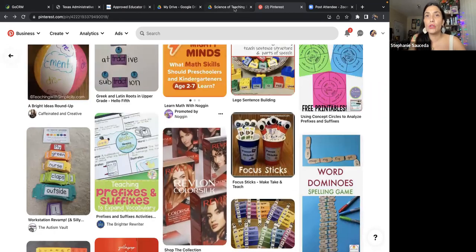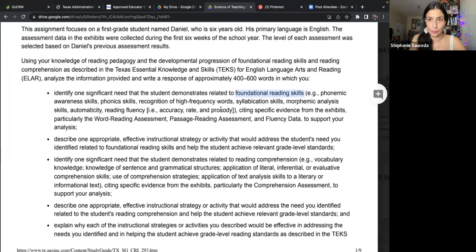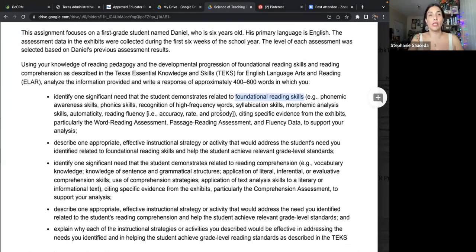So when you're preparing for this, I've told other students that, and I'm just going to draw on here, but it's going to be kind of ugly because this is not a whiteboard. But when you're preparing, because you should prepare for this before you take your exam, so that you don't have to sit there and think, what can I think of for morphemic analysis skills? Like if they can't figure out words, morphemes, word parts, then this is what I need. So instead of having to think of it on that day,